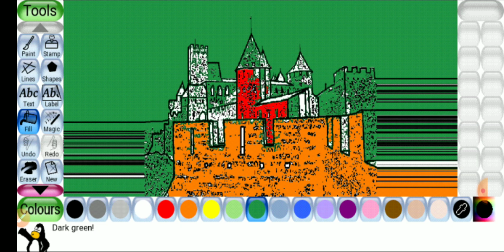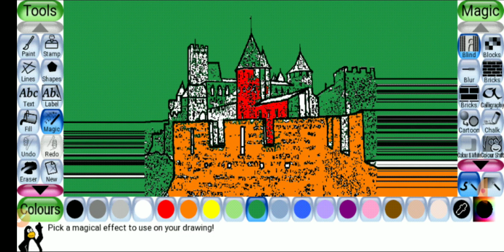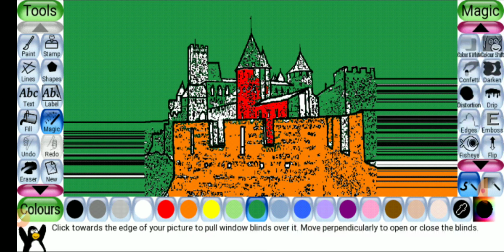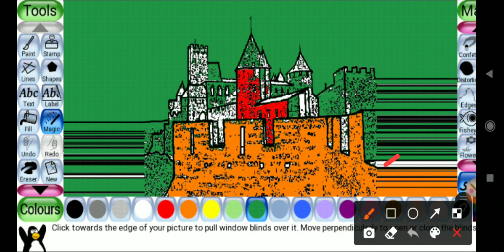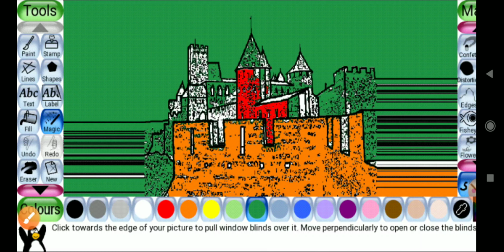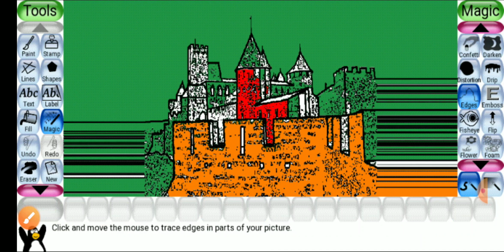Now color is done. Now click on magic tool, click on down arrow in the right side tools, here is edges tool, click here.